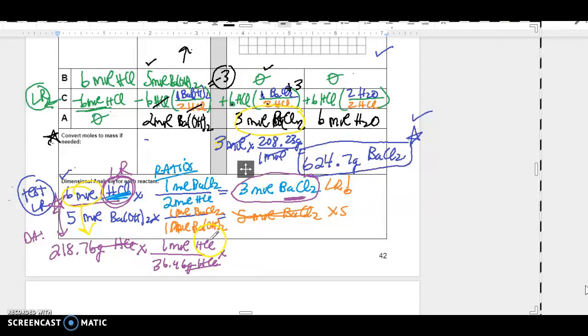Now I would try to find out how much of the thing that I want I can make. So now I'm going to look at my ratio. So I'm going to have 2 moles of HCl, this is from my equation, is going to give me 1 mole of